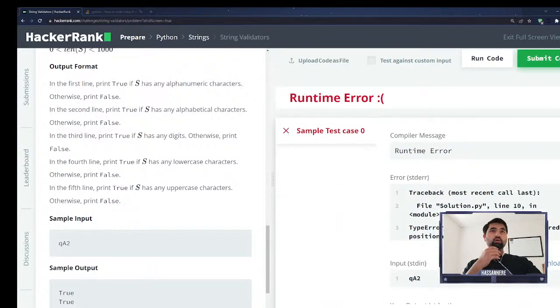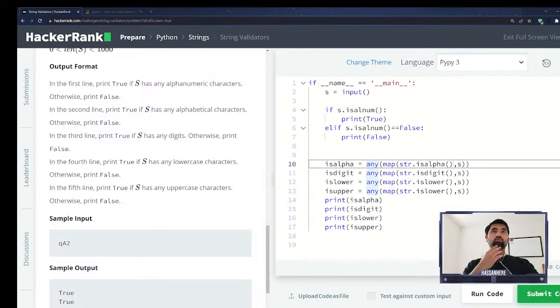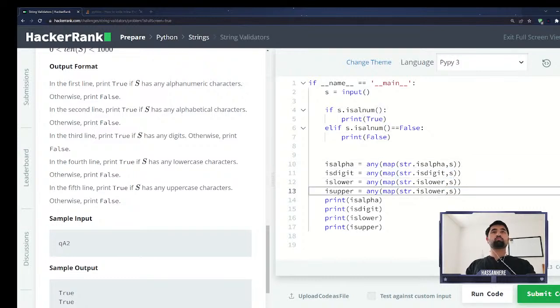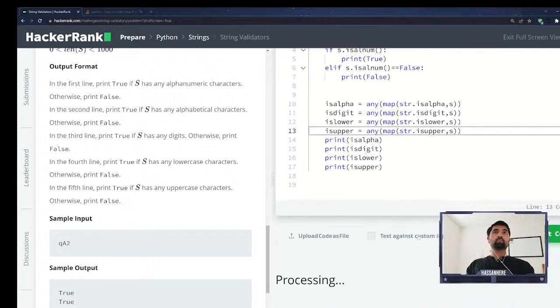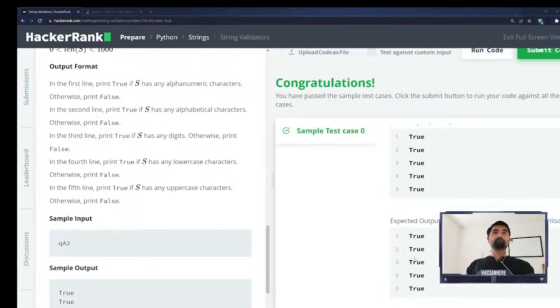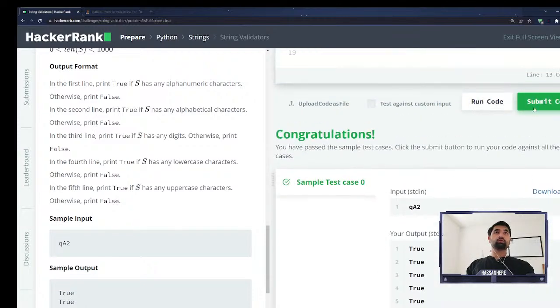So why are we not, isalpha missing one case? We don't have to call them. It's islower and it's isupper. Okay, let's try it for the,